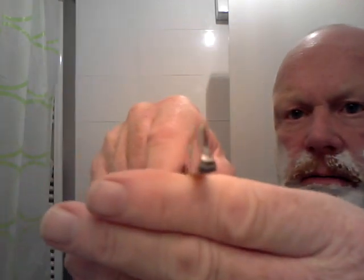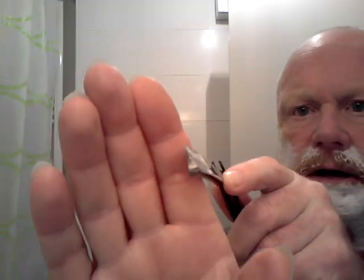It's almost silent, this razor. You can see the point. Let's just try this. Sometimes it's difficult to get things in focus with these